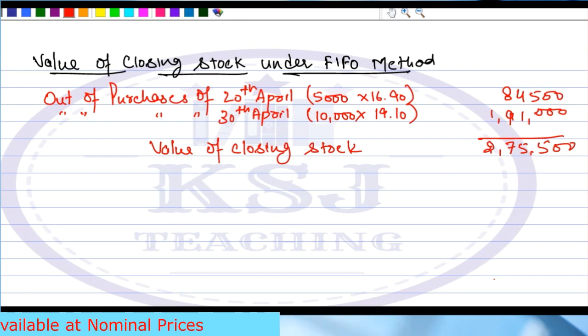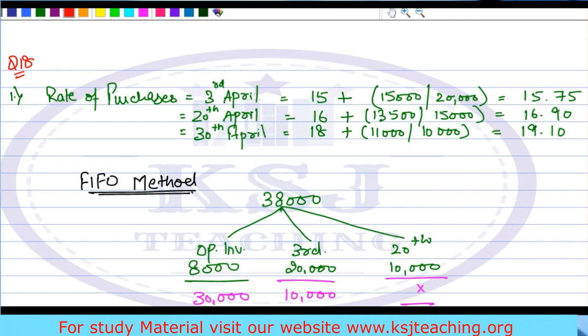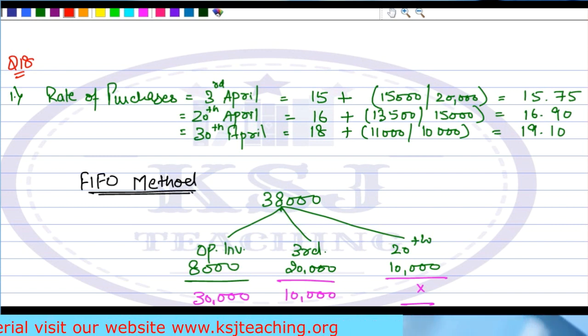Any doubts in this? Clear? This is clear that how we have issued 38,000. First out of opening inventory, then out of the purchases of 3rd of April, then 20th of April, because we are doing it by the FIFO method. Now,